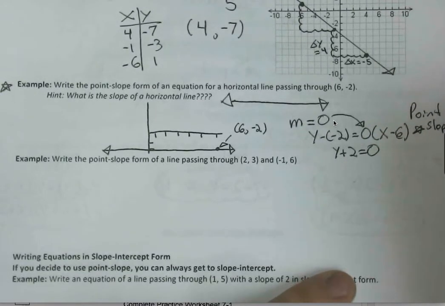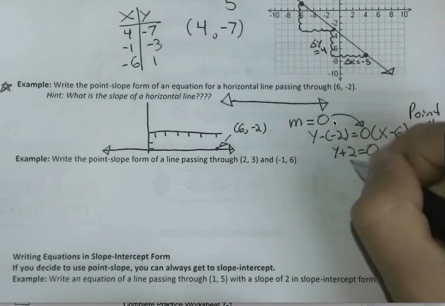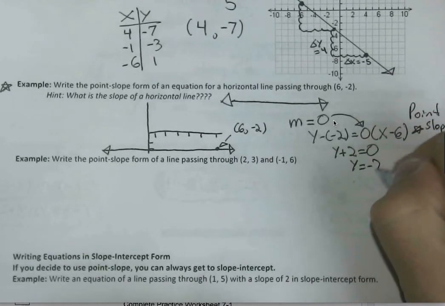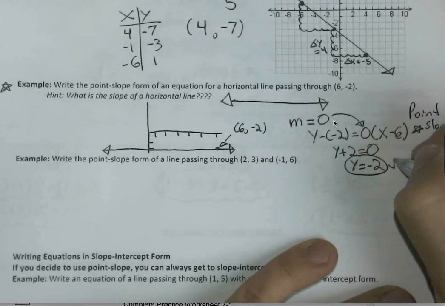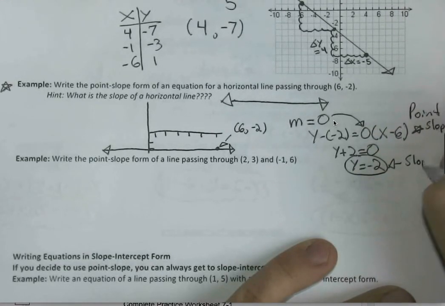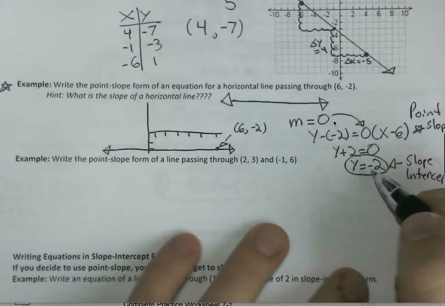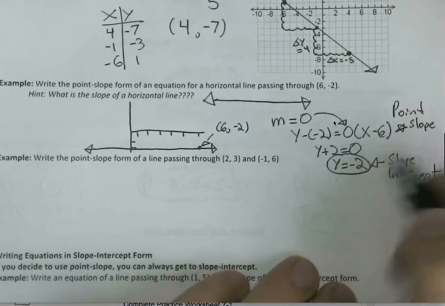But we'll soon see that if we were to take this further, the equation could also be interpreted as y equals negative 2 if you were going to slope-intercept form. So that last bit right here is kind of bonus points, but it totally makes sense. Really, in reality, the answer is right